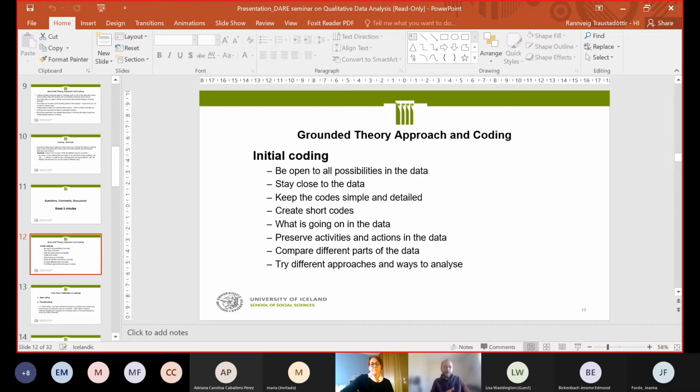So in your data, it's useful to have a record of what she would say is a literal reading of the data. You know, what did the person actually say? What did the judge in the case actually write in the judgment? What does the policy document actually say? What is in the law? So having a literal record, a transcript, is really useful.